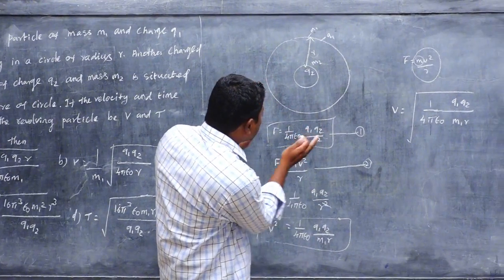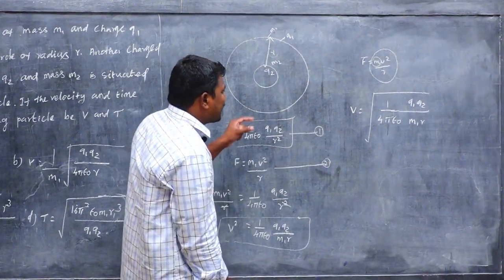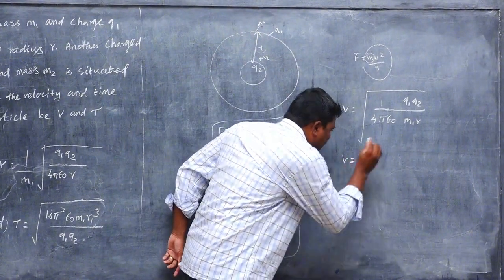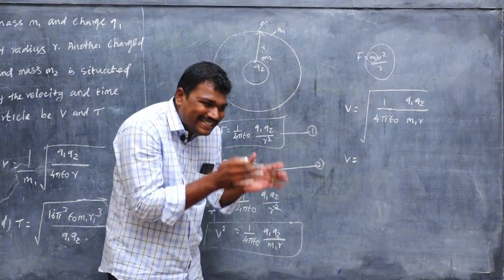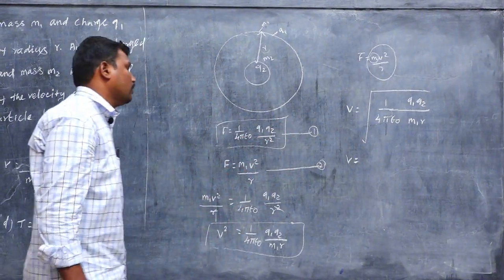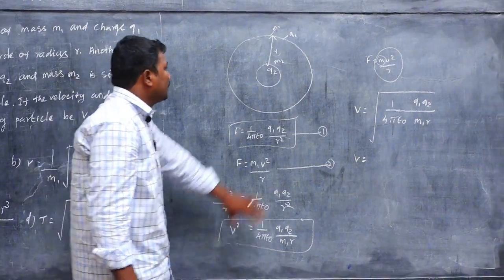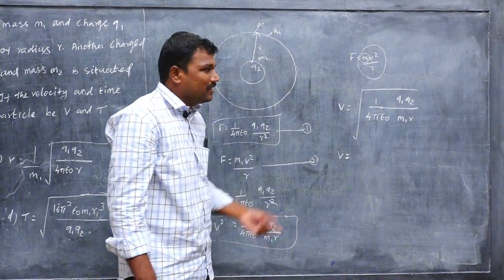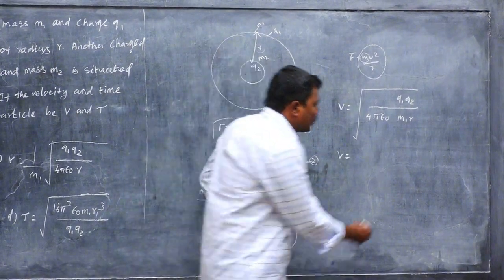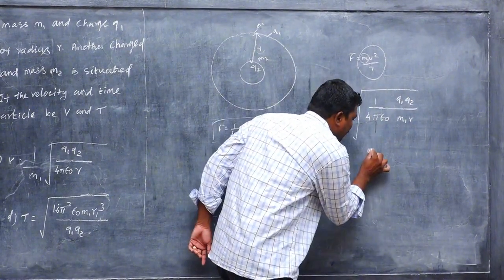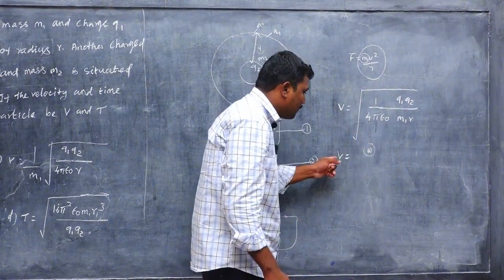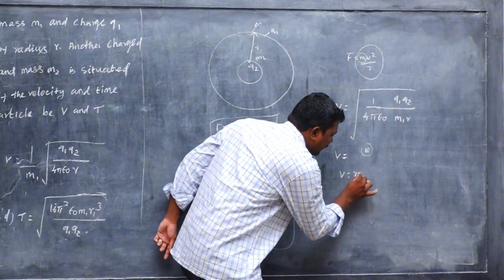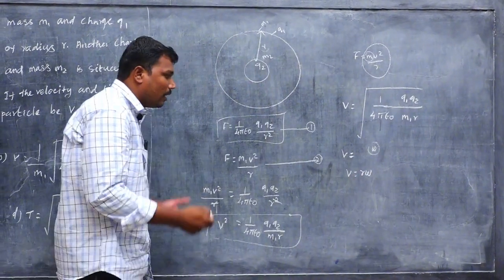Next, the time period. The particle always revolves around the circle, which is called circular motion. What is the formula for velocity? Velocity is nothing but distance travelled by time taken. The particle moves along the circle, so which velocity will be formed there? Angular velocity, whose symbol is omega. You know the relation between linear velocity and angular velocity: V is equal to R omega.